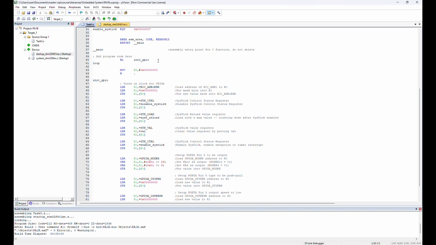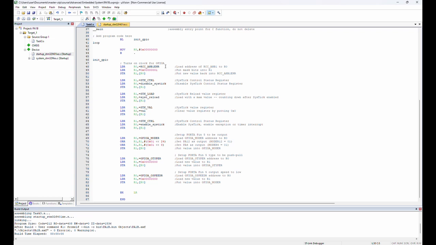So in your main GPIO program, we just need to load a few things. First is the clock, then you load the clock. To enable the clock, you have to put it to bit 1. Then you load the SysTick control. You disable your SysTick control first. Then you load your